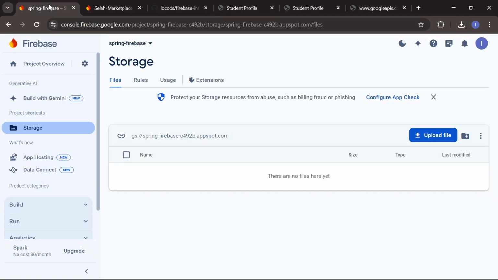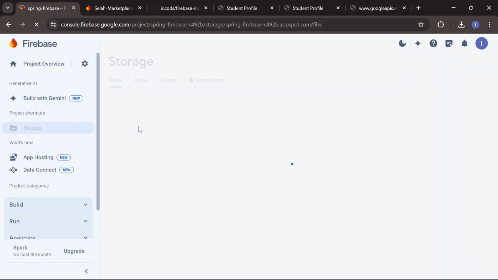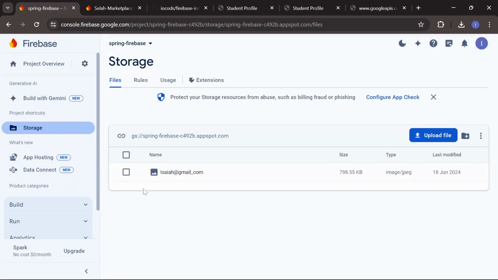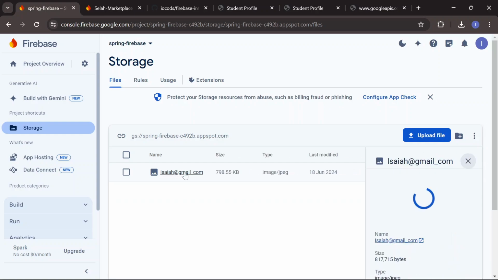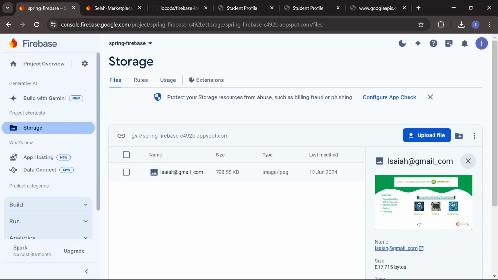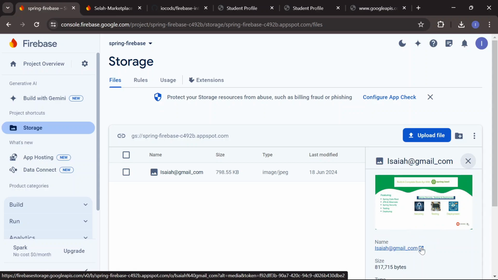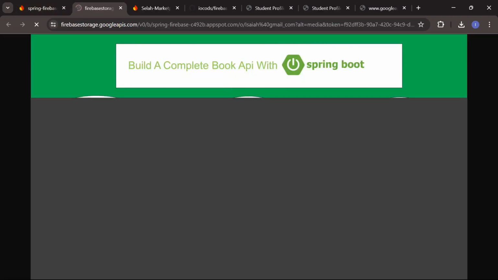So if I move back to my Firebase storage instance, then I reload the page again, you'll see that we now have the single file, which is the image of this particular student we just saved inside of the database. I'll click on this image name and we have a preview of what we've just passed in as the image. Then to open up this image in a new tab, I click on this link icon